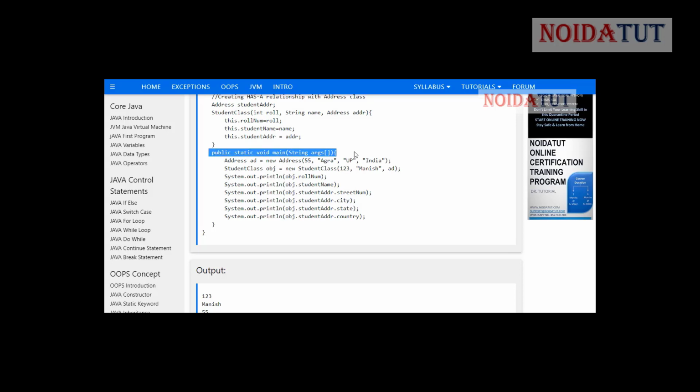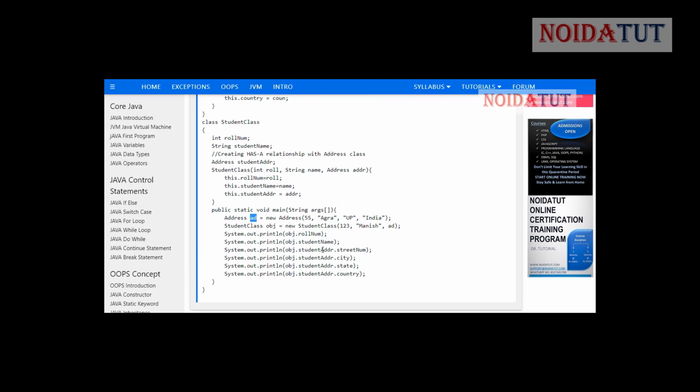Now let us come to the main function. In the main function we have created an object AD. Then we have created another object OBJ. Now we have obj.roll number, obj.student name, obj.student ADR.student num, street num. Now you can see where it came from. Student ADR is coming from this part, and this part is going to refer